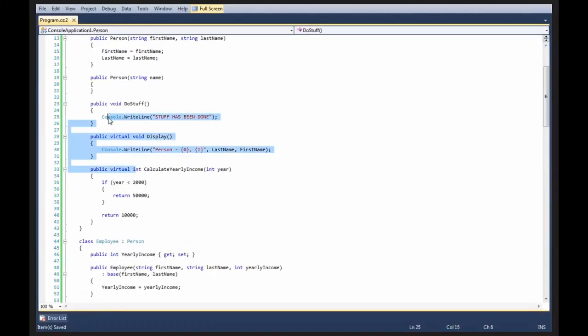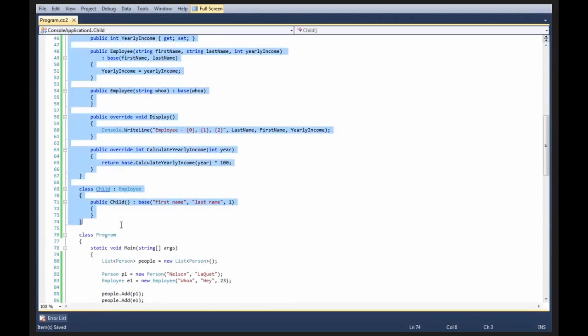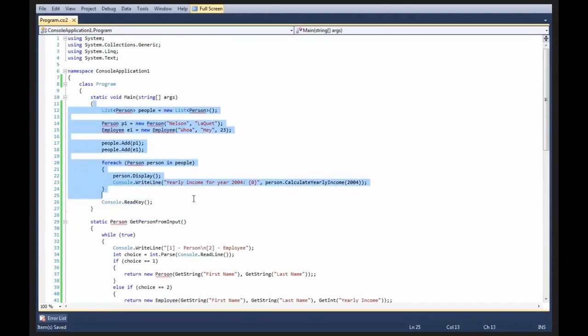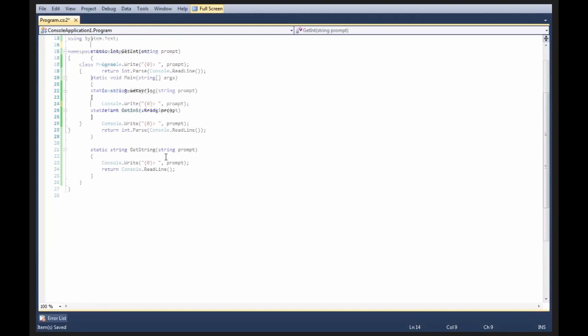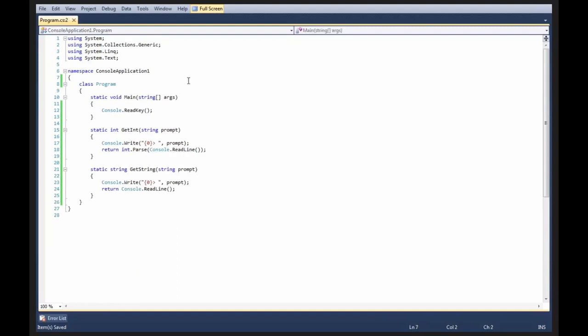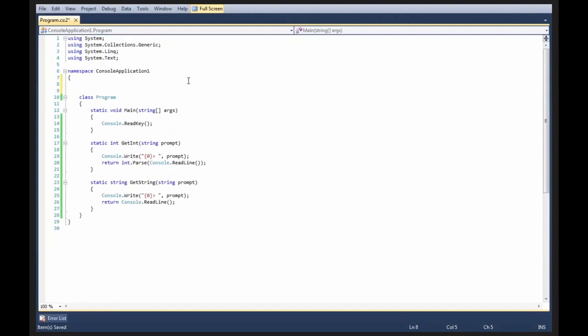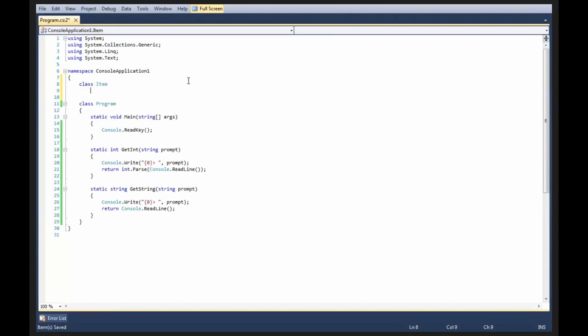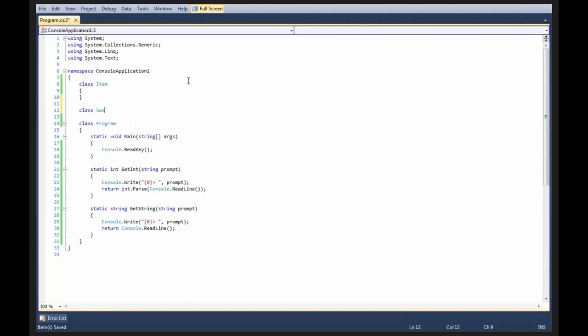So let's go ahead and talk about abstract classes. I'm going to go ahead and nuke all this code. I'm going to keep my get and get string method though. Okay, so let's say we have a class called item, and we had another class called, I don't know, chair